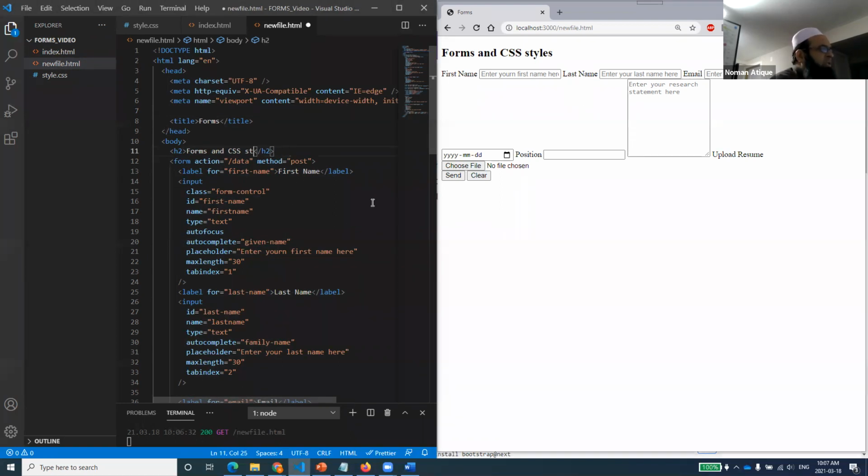So now, this is not forms with CSS styles. Rather, this is now forms by Bootstrap, right? So I'm changing the heading on my page, the H2. This heading should be changed to forms by Bootstrap. Now we'll be using the Bootstrap library to work on that. Right? So now, as I said, I'm going back to style.css.